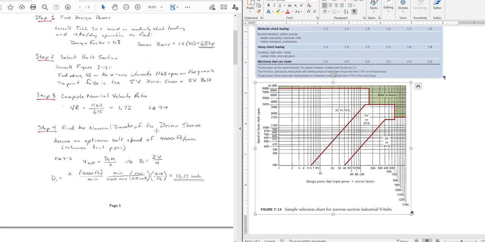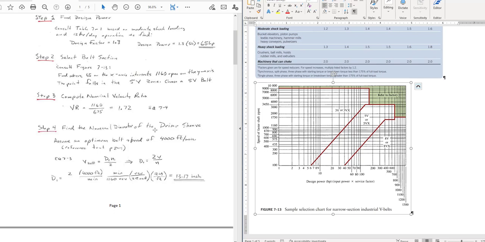Okay, so next we're going to find the nominal diameter of the driver sheave. These sheaves, or pulleys, we use those terms interchangeably. They're available in sizes, and what we try to do is find the proper size. There is a note in your textbook for step 4 that says find the nominal diameter of the driver's sheave. And there's a note in your textbook on page 245 at the beginning of the chapter. And it reads that